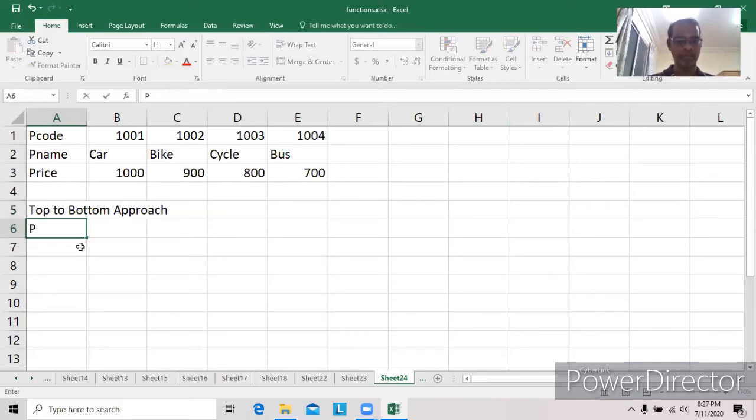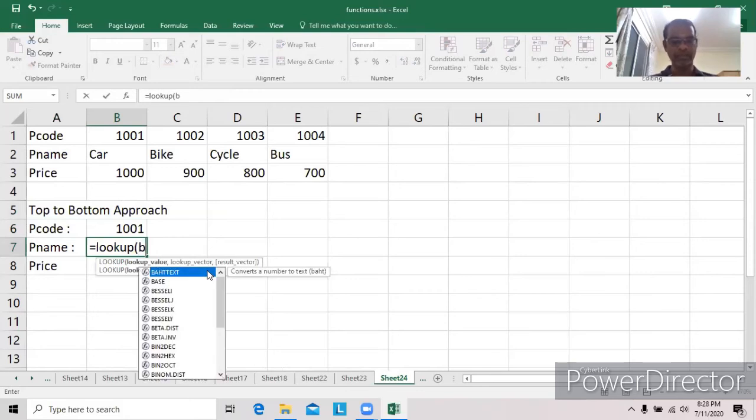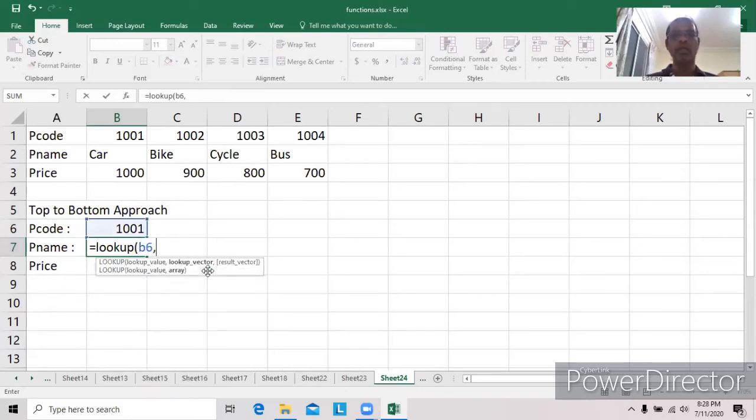Here P code, P name, price. Here 1001 is there. Equal to lookup, open bracket. Here B6 is the lookup value. Lookup row, not lookup column.